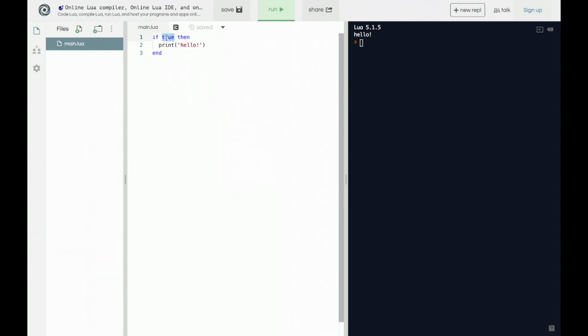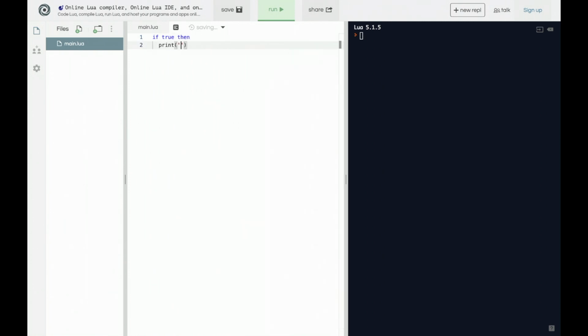If it was false, however, it would not run this code. It would run whatever's after it. So print this will always run, like that. So if we were to do that, this will always run, but this inside will not run because this is false. So how if statements work is we have some argument in the form of if true, then we can